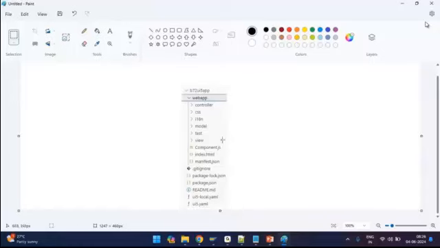So now in today's class, we are going to understand each and every file and folder, what is its purpose in this project. Okay, so let us start with our first